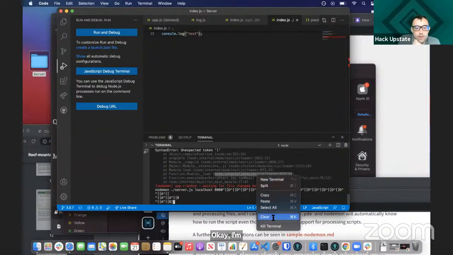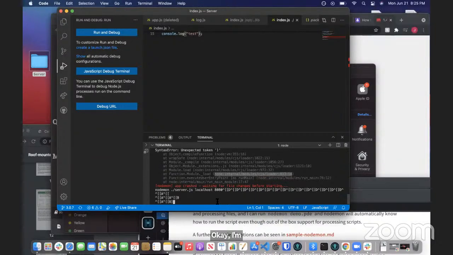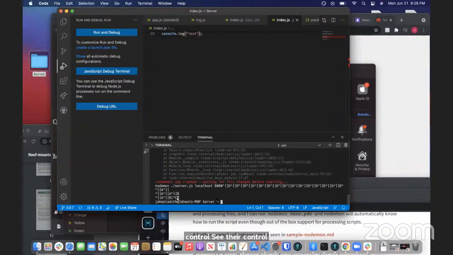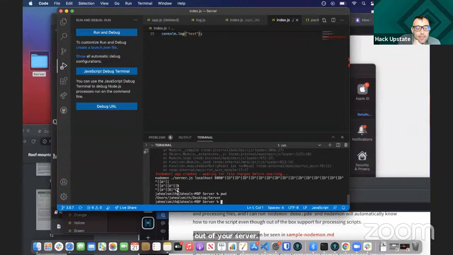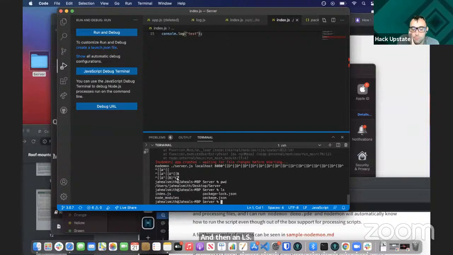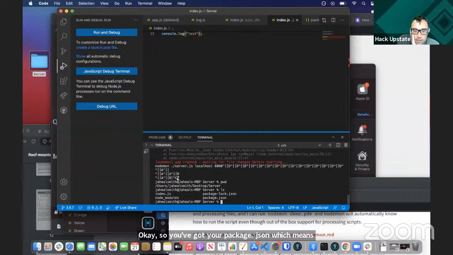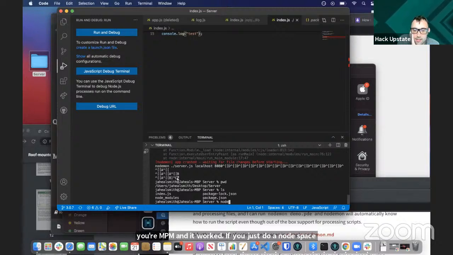Control C there. Control C. Yep. Okay, so that gets you out of your server. Let's run a PWD just to make sure you're at the right spot. And then an LS. Okay, so you've got your package.json, which means your npm init worked. If you just do a node space index.js.